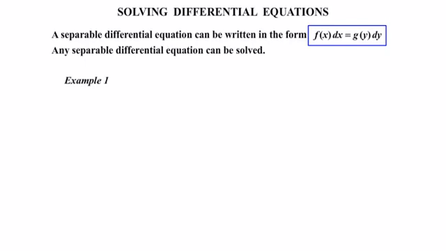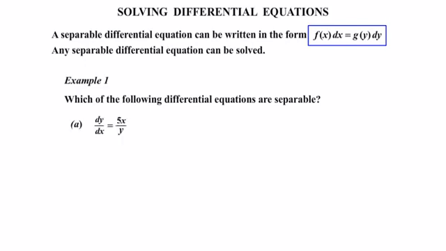So let's have a look at our first example here. We're asked, which of the following differential equations are separable? So our first one, dy/dx equals 5x over y. Now we'll just rewrite that. The first thing we're going to do is get rid of this y on the bottom of the fraction here. So we'll times by y on the right, do the same thing on the left. Now over there, those y's cancel out. So that leaves us on the left-hand side with y dy/dx, and that'll be equal to just that 5x